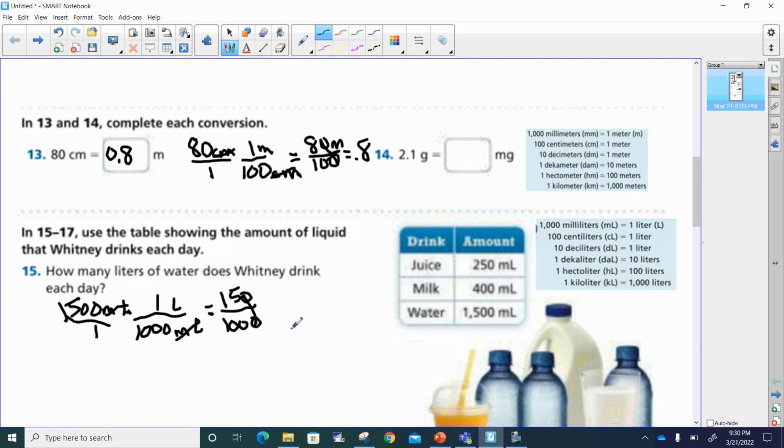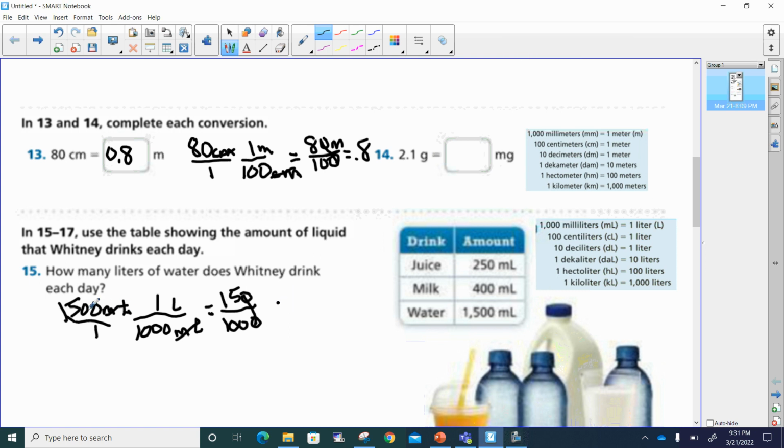Remember, we can take the zeros out. That's 15 over 100. Oh, wow. 15 over 100. Let's see here. Milliliters should give us about, I want to say 0.15. Pretty sure it is 0.15. And that would be